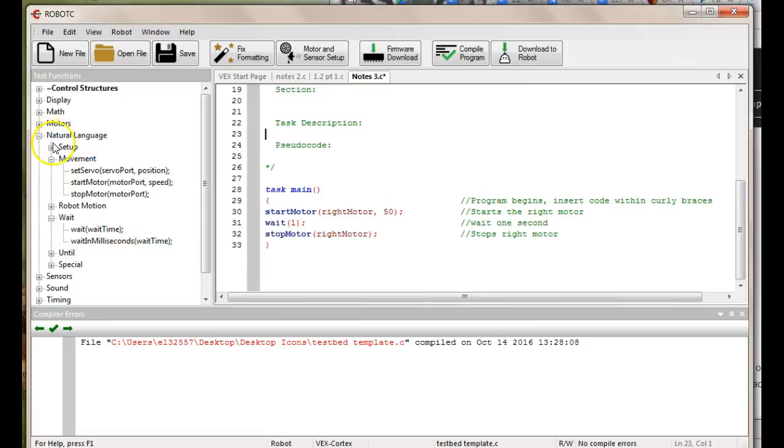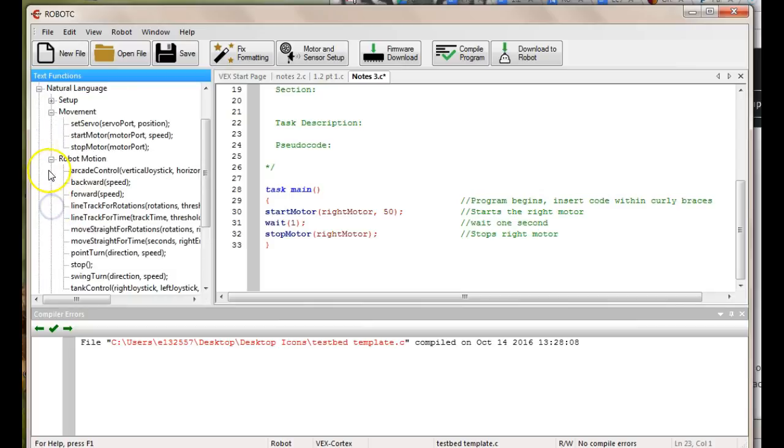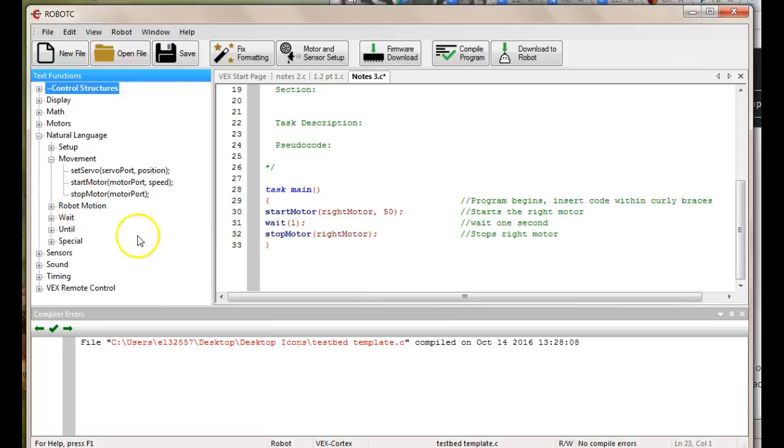You should look over here under natural language and see what different types of options there are to pull over here and drop in there, because really the pull and drop is the best way to do it. If I try to type it in, let's say that we want to add another line here and I want to start the left motor. And if I type it like this,